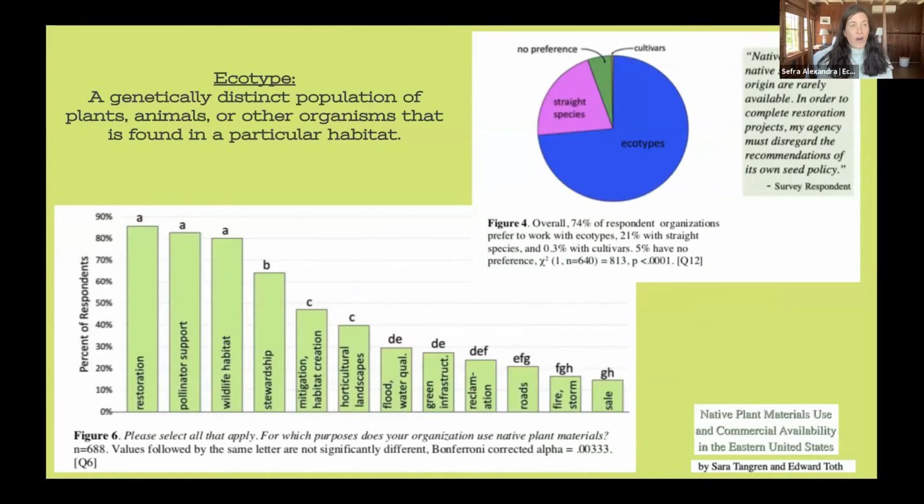When they surveyed all of the different industries that use native plants, certainly ecological restoration, pollinator support, wildlife habitat, and you can see the others down below, 74% of the time they were preferring ecotypic species. And ecotype, for a definition, is a genetically distinct population. So plants that have been adapted over time or are truly local to the place where they're collected, those wild types. If you think about it like entomological heirlooms, what if we put our bug eyes on what they've been stewarding in the landscape since time immemorial.